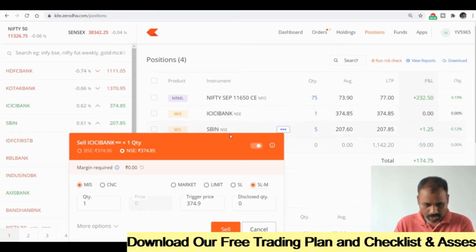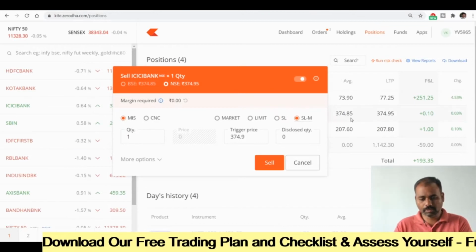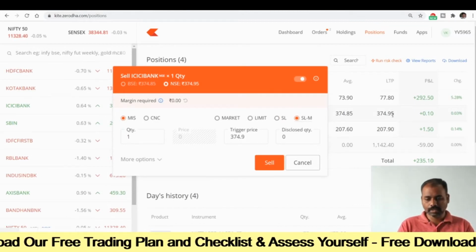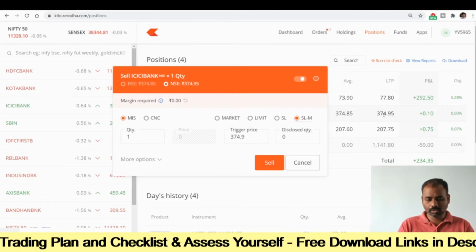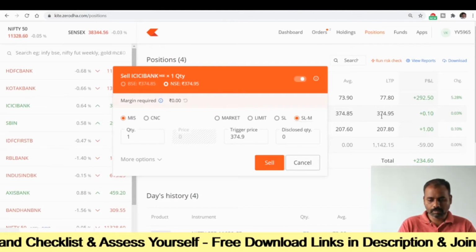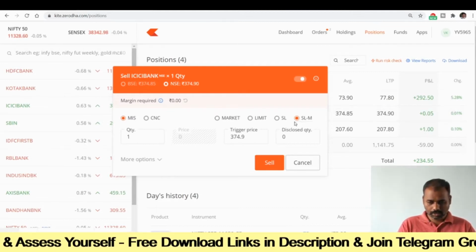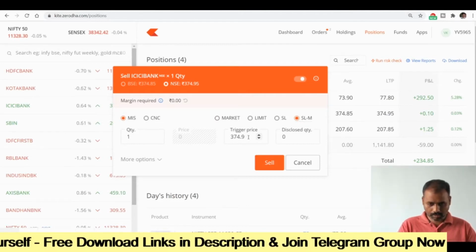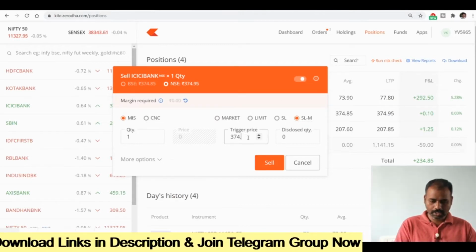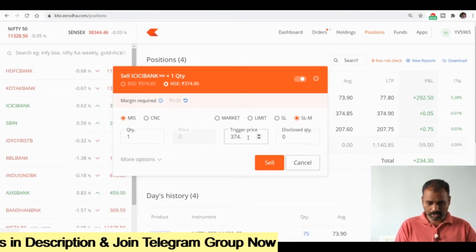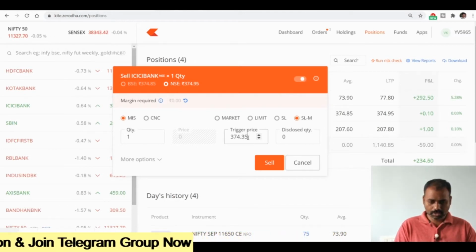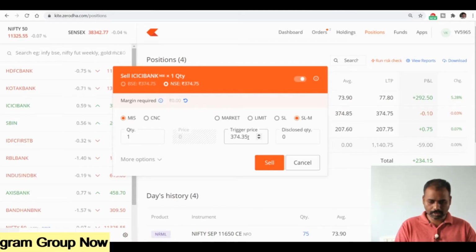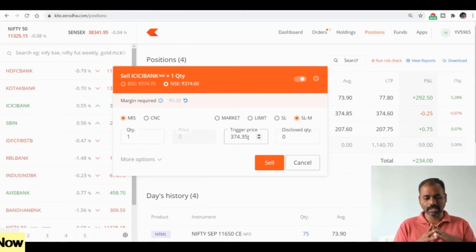I bought one quantity. Now if the price starts coming down, or I want to book profit without making any loss, or you want to exit with minimal loss, whatever option you choose, we will see it. I bought it at 374.85. I am going to keep a stop loss of 40 paise. So 85 minus 50 means 35. 374.35 is the price at which I am okay to sell at a minimum stop loss. I don't want to sell below that. This is the minimum 40 paise I am okay to lose for each quantity.